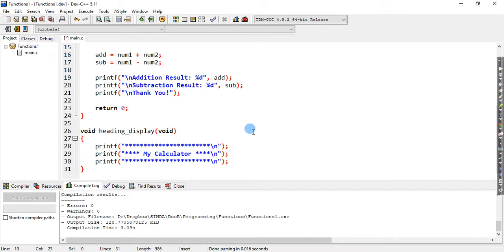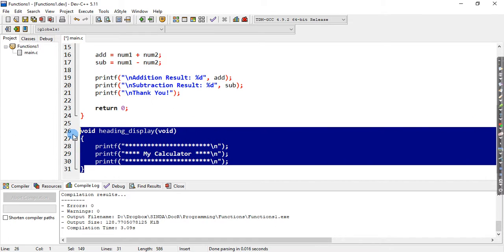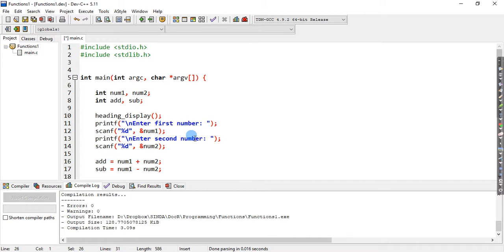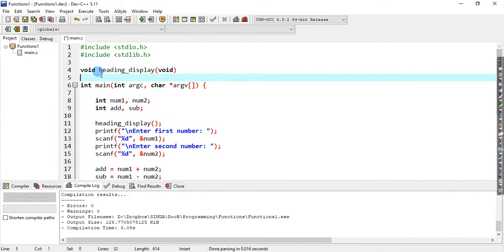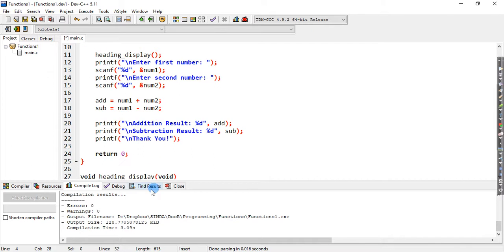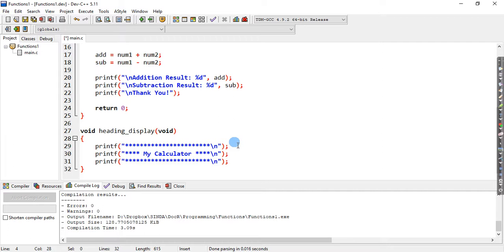Now one last step you need to do: this is the function definition, that means the actual code for the function. You also need to have a function declaration. What is a function declaration? It is basically the entire first line of the function that you need to copy and paste in before the main. An important step is you need to put a semicolon at the end here. So you need to first have the function declaration, followed by the main and then the actual function definition itself. Alright, so let's